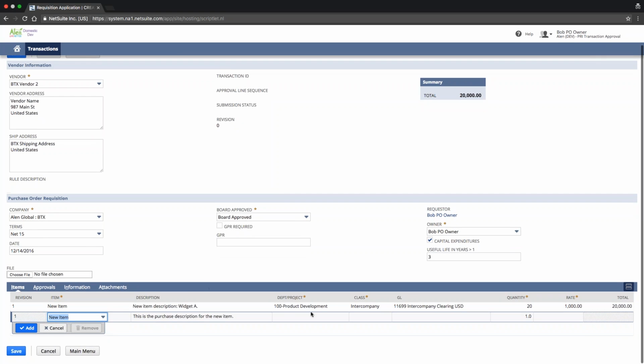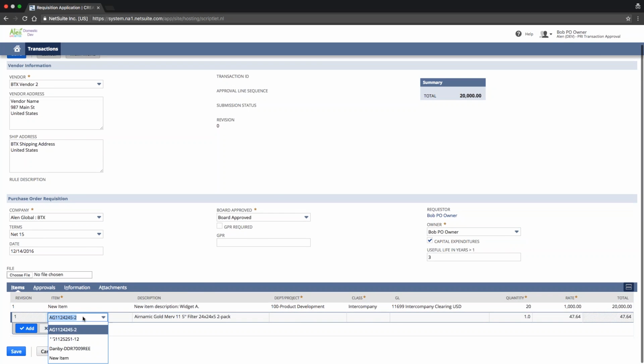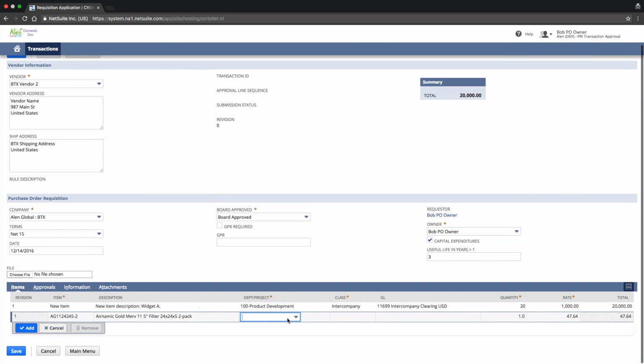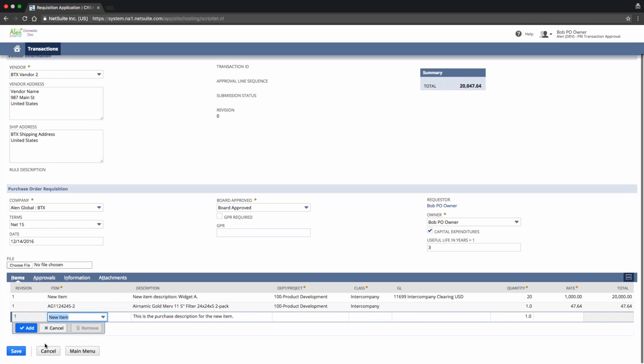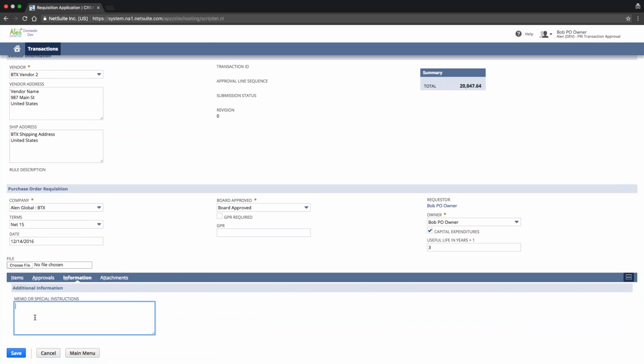So here's my new item, and I can actually select an existing item. Again, this list will be obviously more pertinent to your environment once we're in your environment. And I do not need to select the GL if it's an existing item. I can add a memo. We said to leave the memo over here. I can add a memo